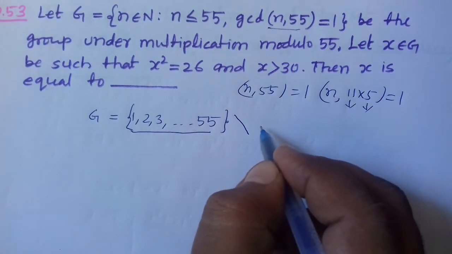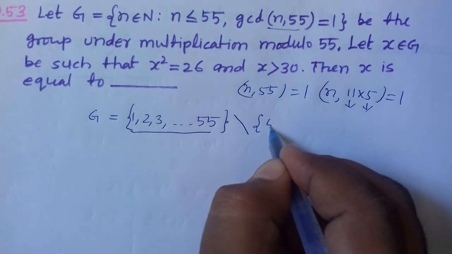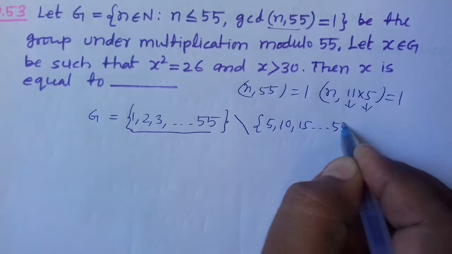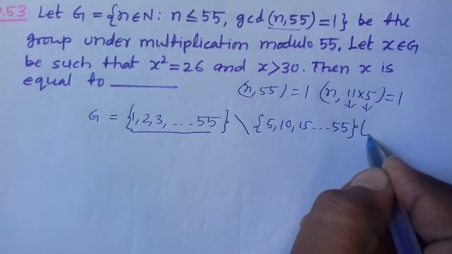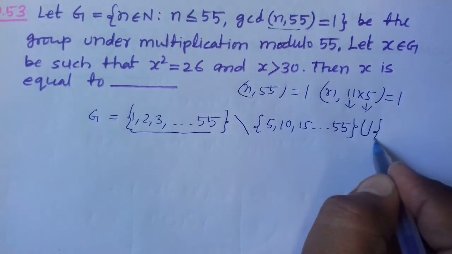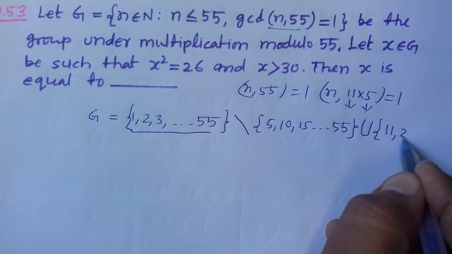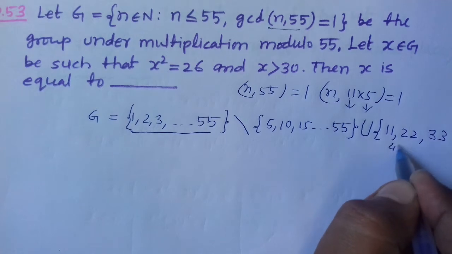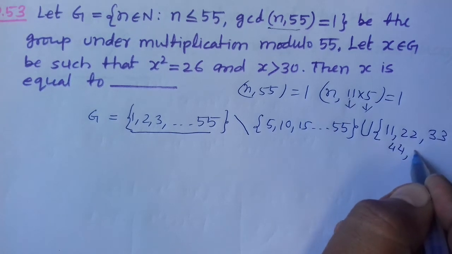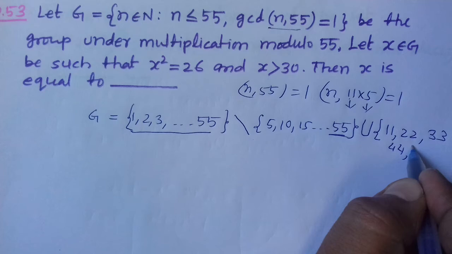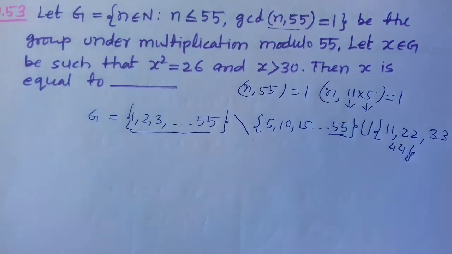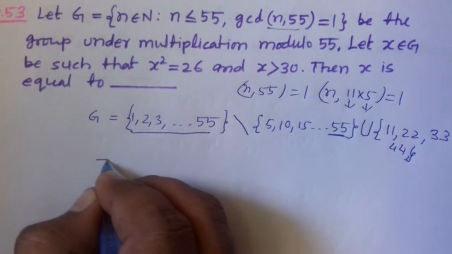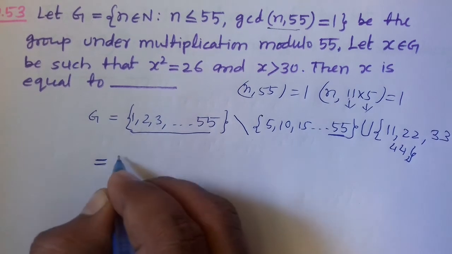So multiples of 5 first: 5, 10, 15, dot dot dot, 55. Union multiples of 11, which means 11, 22, 33 and 44 and 55. But you see 55 is already here, so there is no need to write 55 again. Now, the numbers in this set will be